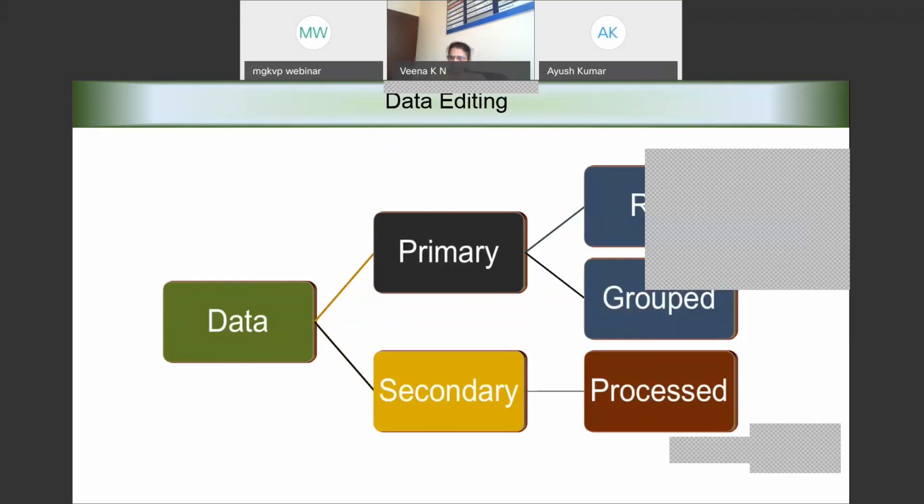In this case, we may not have big scope to see whether the data is accurate or not, but still we need to do some verification. The process of dealing with this data, which helps us get prepared for analysis, is data editing.